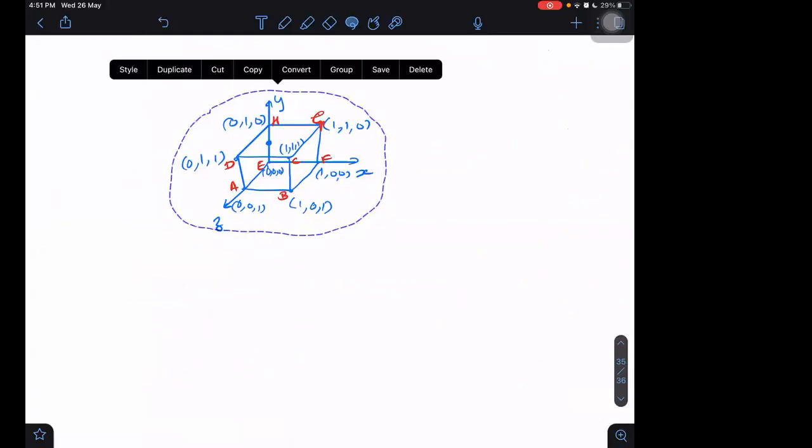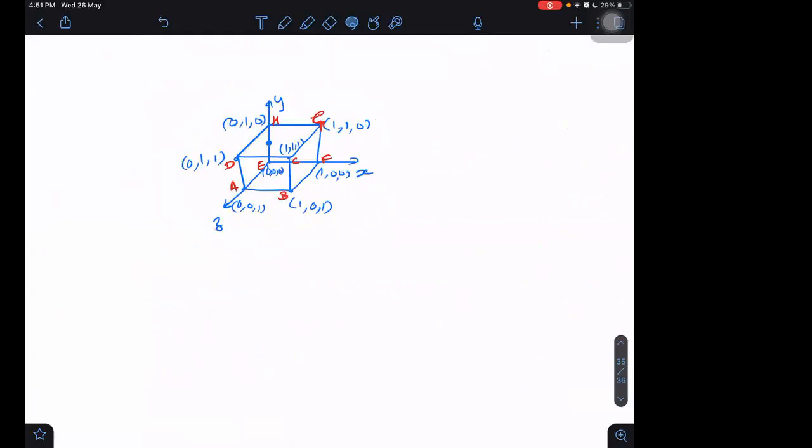Let us try to get the answer here. Let us say this is M1, the midpoint of the first one, the midpoint of the second, AB, is M2, and the midpoint of the third, that is CG, is M3. I'm taking 3 midpoints here. Are you observing? M1, M2, and M3.